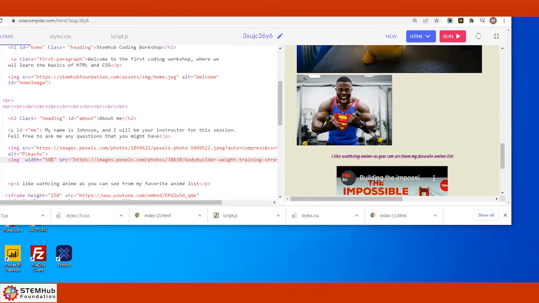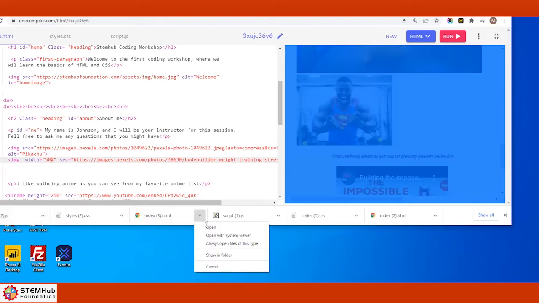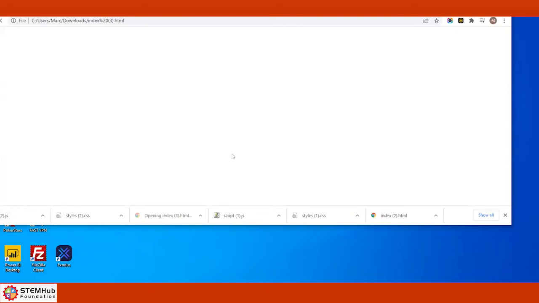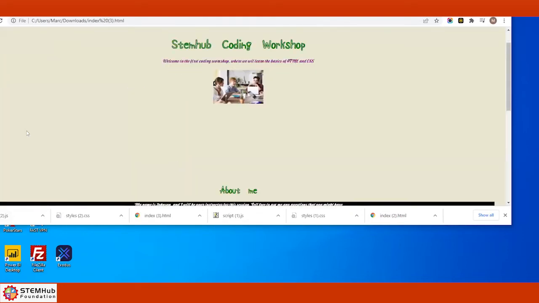Now, when I download this, so when I go like this, when I download this now, and I go image 3 and I go open, hopefully this works.